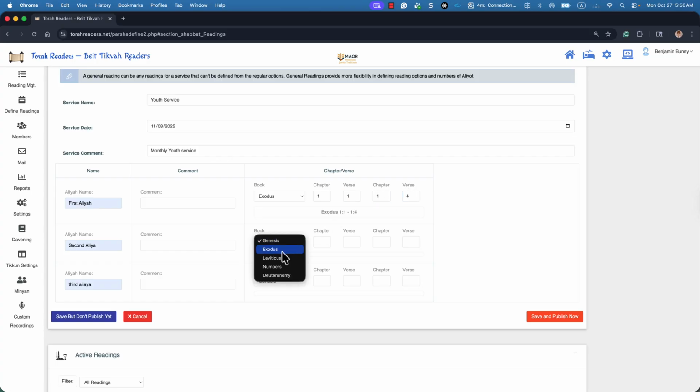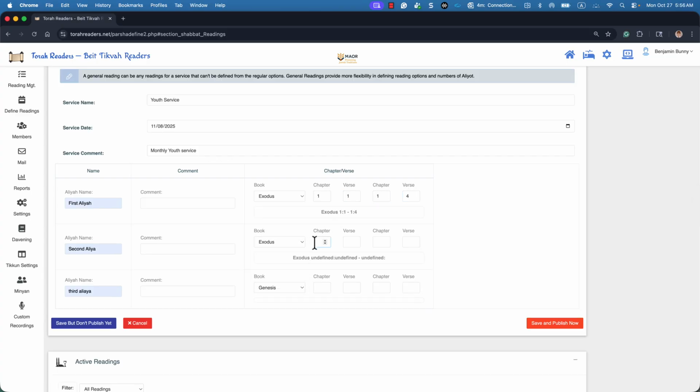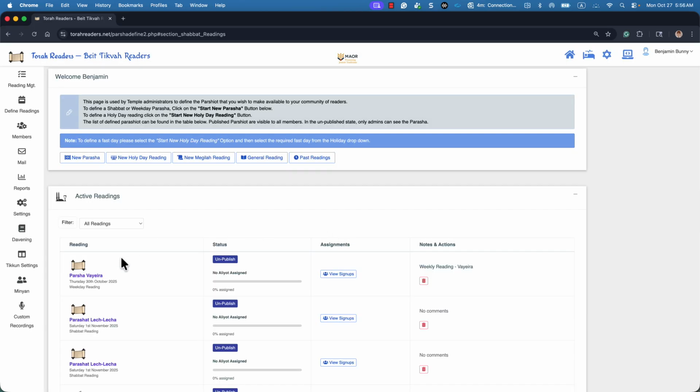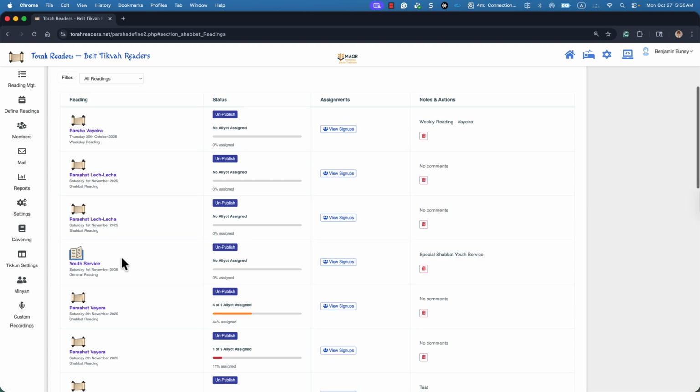So we're just going to take a couple of verses from Exodus here, from the beginning of Exodus, and just create them here. So let's go verse 9 to chapter 1, verse 12. Okay, so we're going to save this. We won't publish it yet,